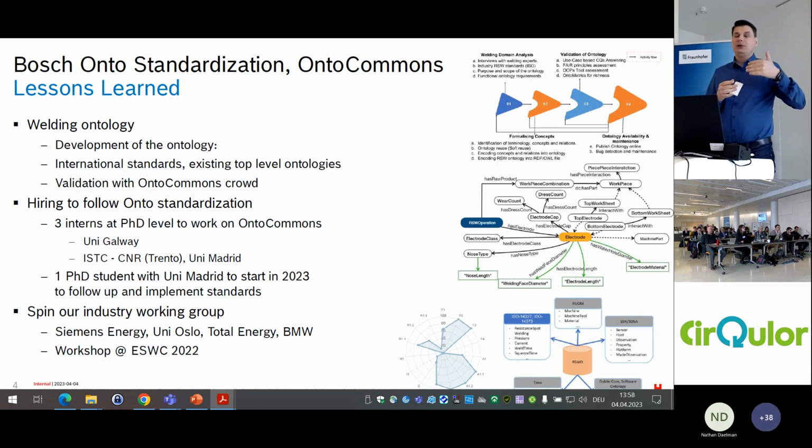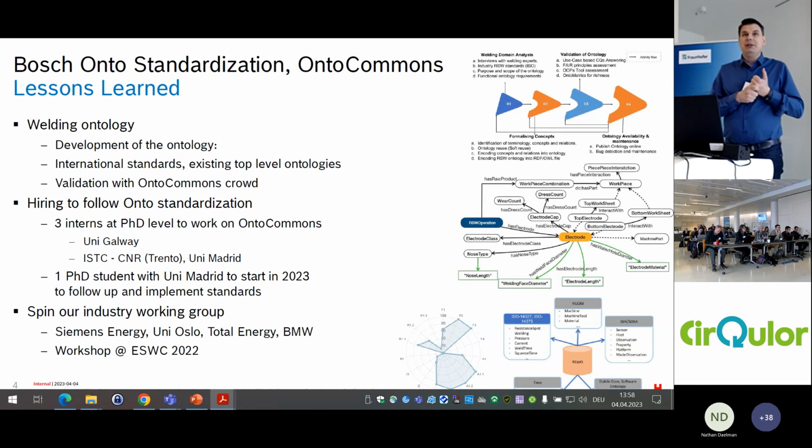when it finishes, we're not considering it as the end of the story. We would like some sustainable model of going further and to build things on top of the OntoCommons outcomes. And of course, the main thing we'll get from OntoCommons will be closer to the end of the project, when all the things are already developed, all the standards and the guidelines will be in place. And our vision is to take it and then to go further with some young professionals.